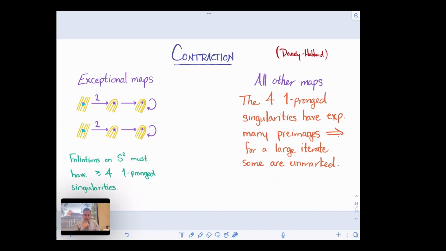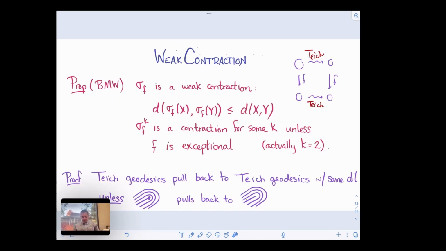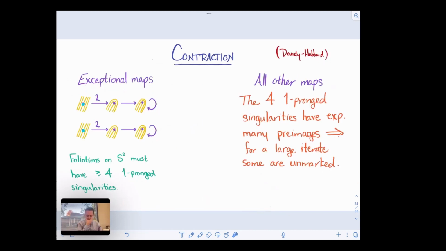Okay, so for that argument to work, I just proved to you that distances don't get bigger when you pull back. Why do they actually get smaller? The short version is that you should always expect this to happen. You should always expect that when you have a Teichmüller map downstairs and there's a marked point, a one-pronged singularity, at least after taking a power, some iterate, you should expect to see this picture in the pre-image. And so that means the distance actually gets smaller, which is what you need to prove Thurston's theorem and the